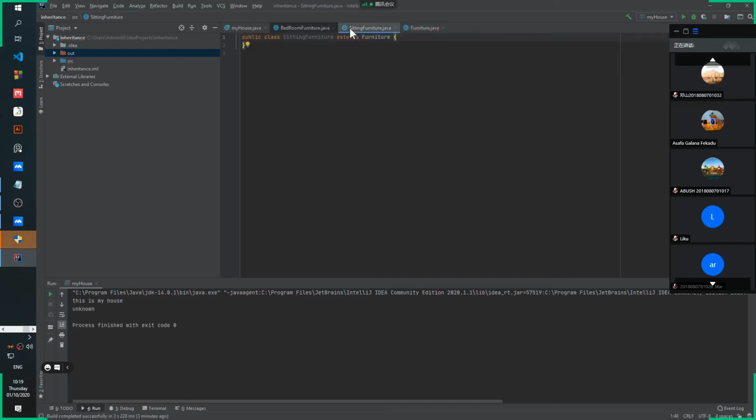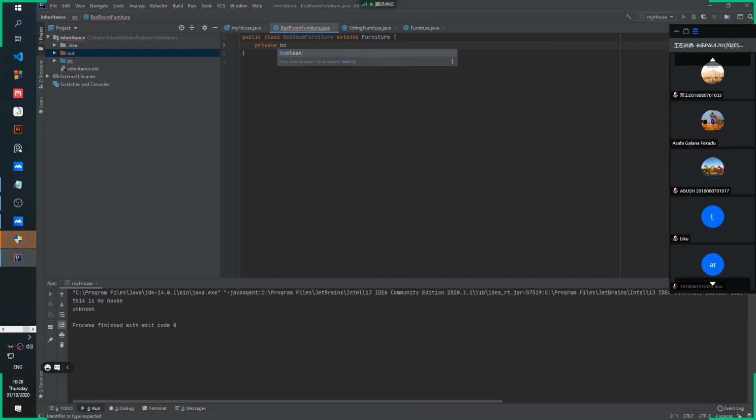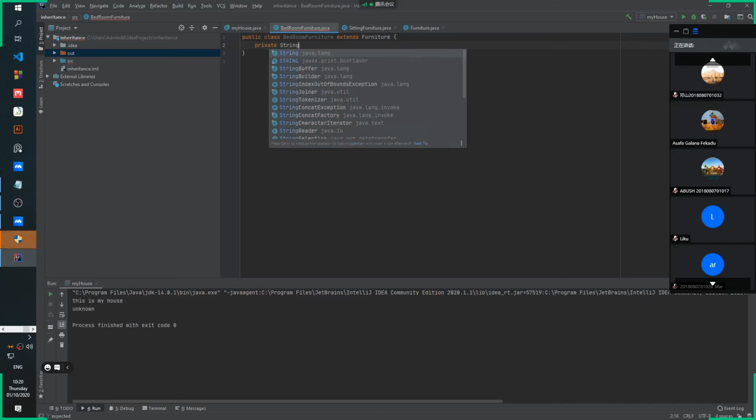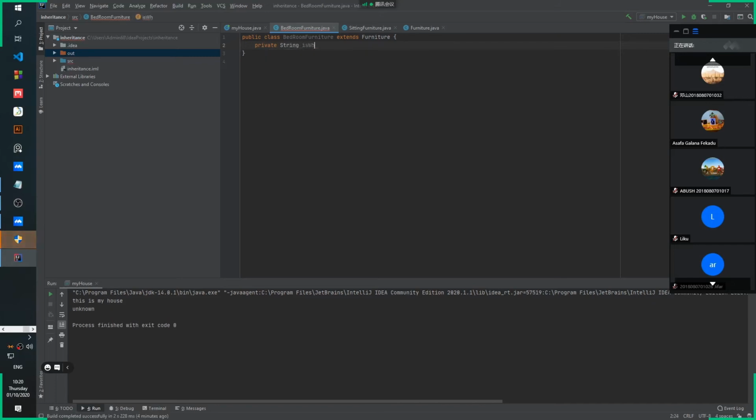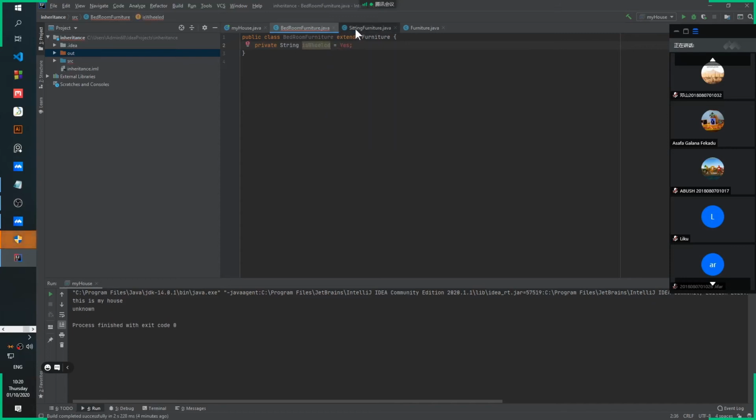And you may want more clarification, let's say in the sitting room furniture and the bedroom furniture, there are some other properties that you have. Let's say maybe you have a private boolean, let's say isWheeled. Just to make things easy. When you say isWheeled, you say yes,